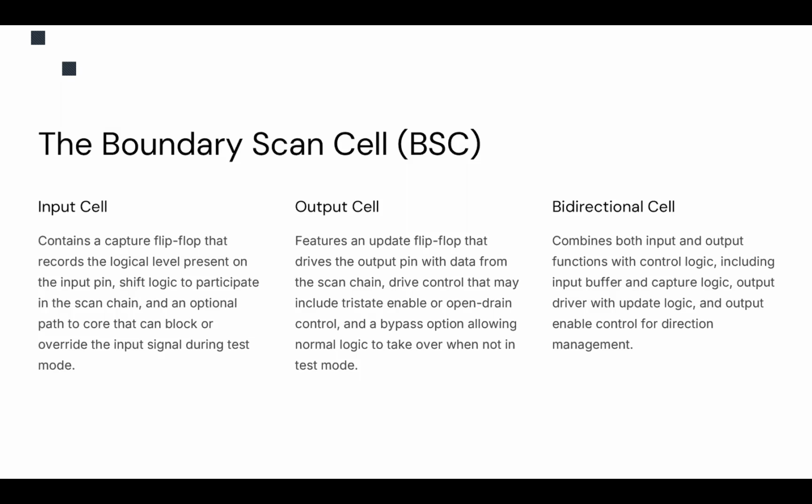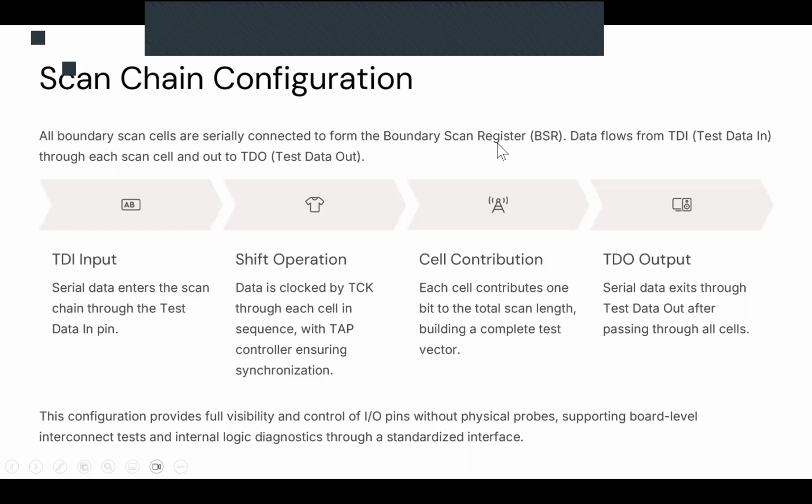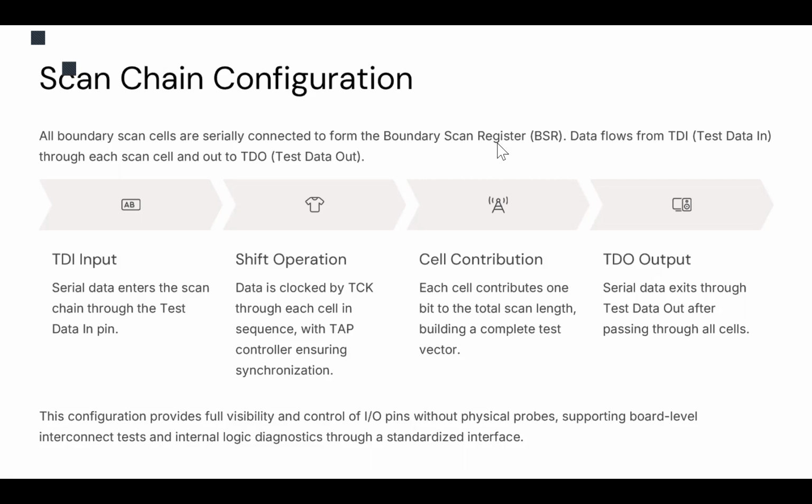Now, the scan chain configuration is the configuration of those boundary scan cells that we're talking about. But what is that scan chain? Basically, as we said, all the scan cells are connected serially. So this scan chain is the serial interconnection of all those boundary scan cells. This is the boundary scan register,